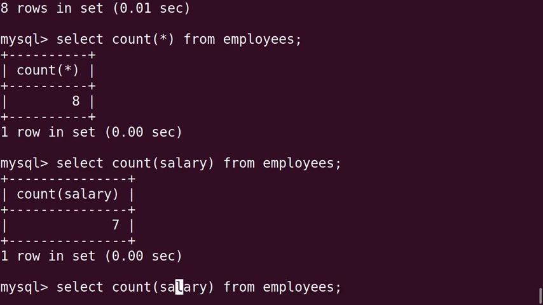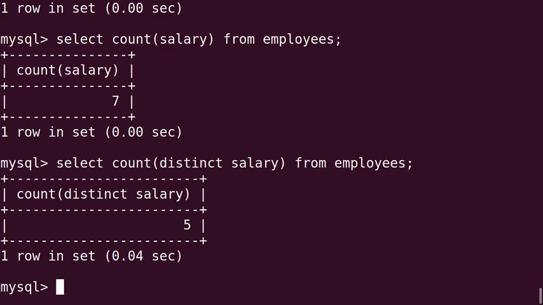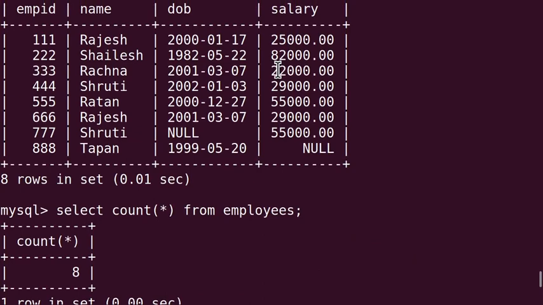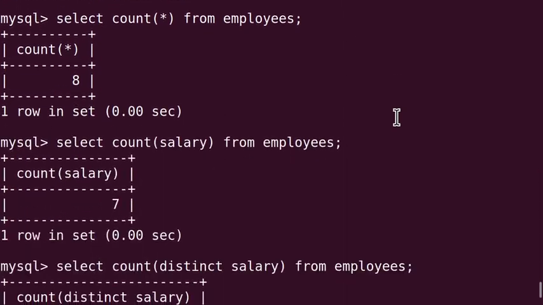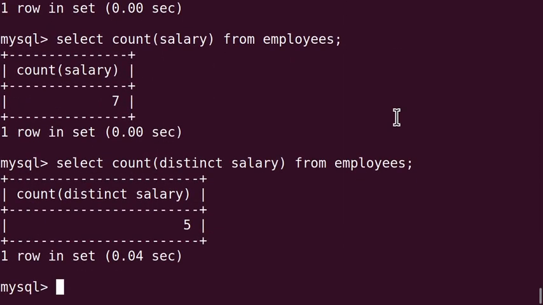Now count distinct salary. If you do, you are getting 5. Once more, check the table. Here you have already seen 2 times 29,000 is present and 2 times 55,000 present. So here distinct values are 5. So we are getting 5.